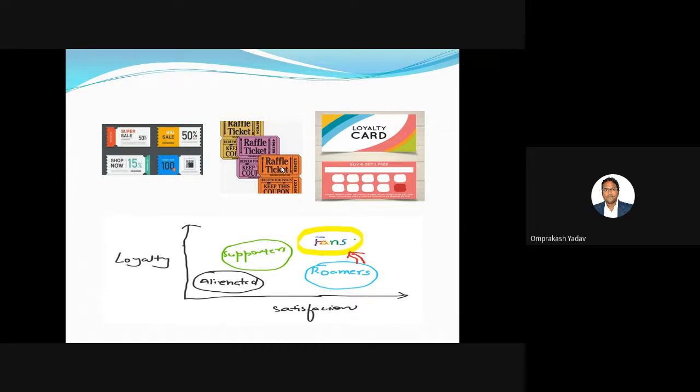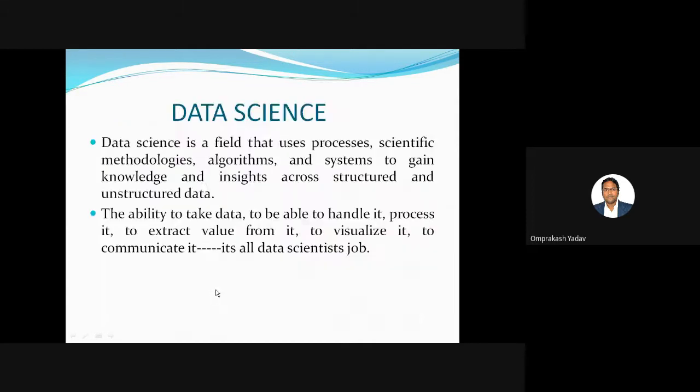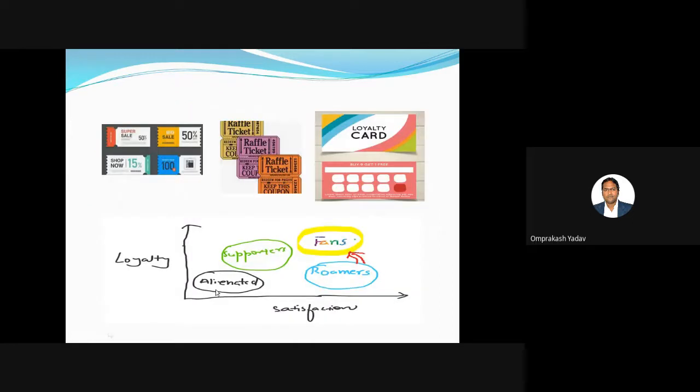So these are some of the strategies which I am telling, right, as an example to clear this particular concept, what different stages may be faced by the data scientist. So these are the strategies which we can deploy, and we can convert some of the roamers to the fans. Okay. So if we are going to do all these tasks, then definitely in turn what will happen, so basically we will create the report.